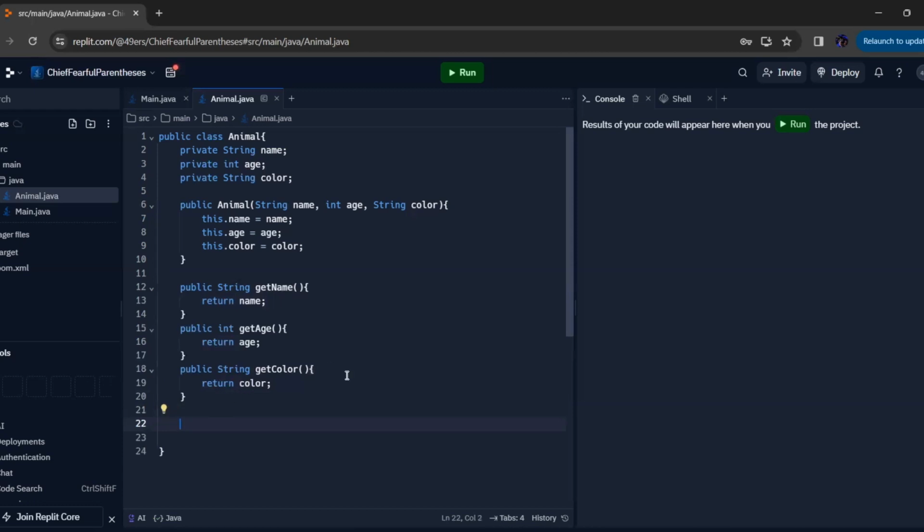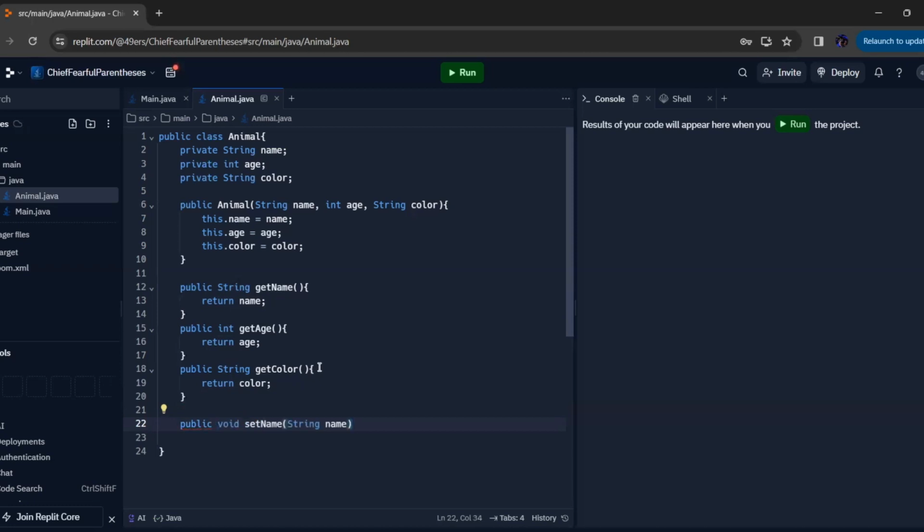And then finally, one more thing we're going to do is setters, which are pretty similar, except we don't really return anything in this case. Setters are essentially, let's say we want to change an attribute. Let's say we created this object. The name of the object is Doug, but then Doug wants to change his name to Bob, right? So then we could use the setter. To do that, let's create a public, because once again we want to use this outside of the class, and then void,